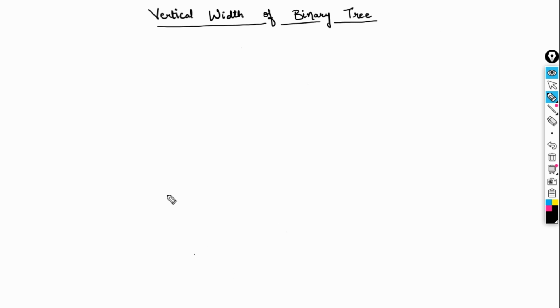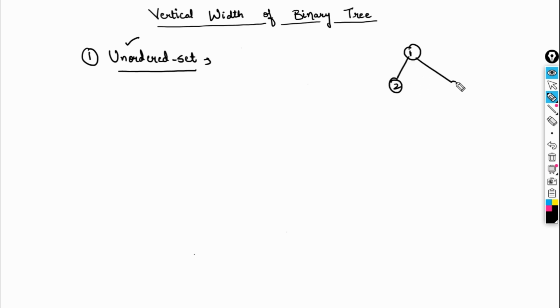Okay, so the idea here is to use the unordered sets. We'll be using unordered sets. Let's take a brief look at what it is. An unordered set is a set in which keys can be stored in any order, right? That is why we call it unordered, right? And one thing that needs to be taken care of is that unordered sets allow only unique keys, right? If you want to insert duplicate keys as well, you have an unordered multiset, but we'll not be discussing that here. So what I was doing was, this was my tree, right? It contained these nodes, say 1, 2, 3.